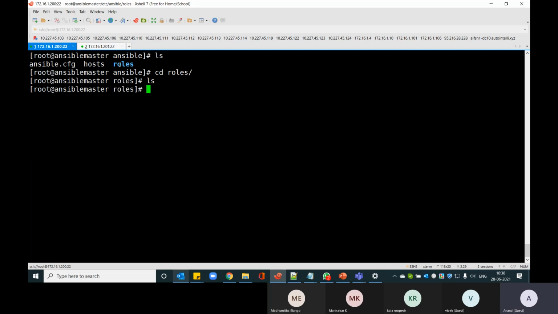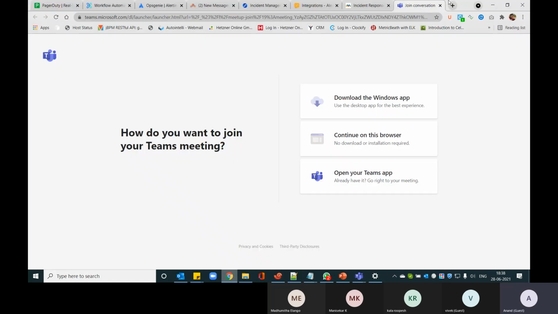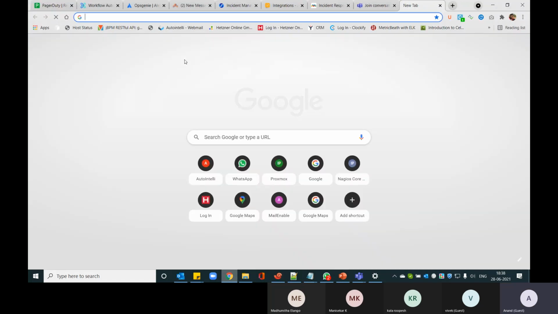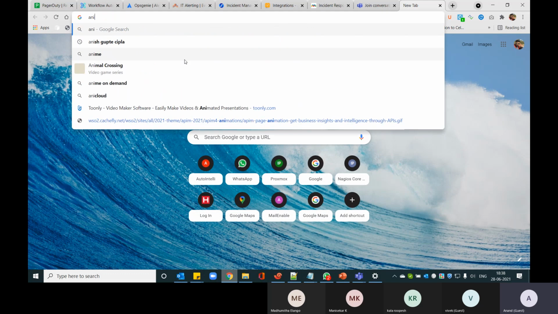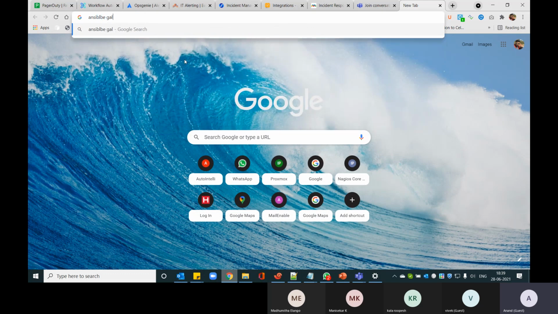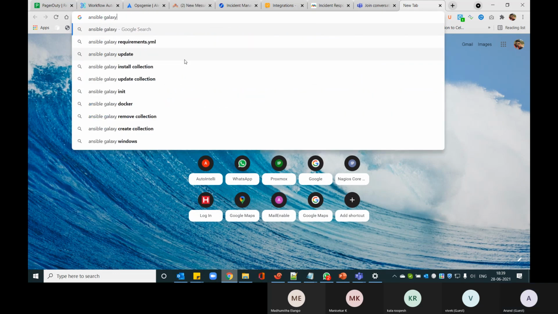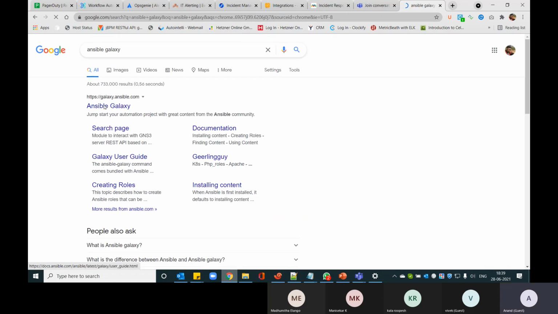And there are also pre-written Ansible playbooks available in the market, like a marketplace, where people contribute lots and lots of Ansible roles, which are nothing but playbooks created by default. So where do I find them? There is a place called Ansible Galaxy, where I can go ahead and see all the different playbooks which are being contributed by the open community.